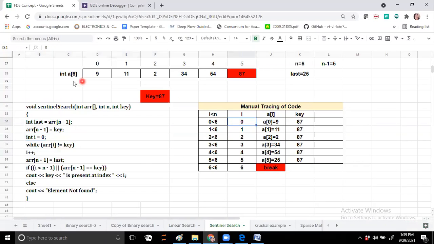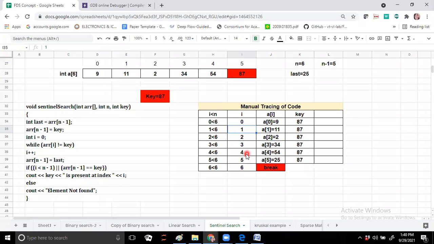So it will start with the 0 location. At the 0th location the element is 9. 9 is not equal to 87. I will increment by 1. At position 1, element 11 is there. 11 is not equal to 87. I will increment by 1, so it comes to 2. At a of 2 there is element 2, not equal to 87. I will increment to 3. 34 is there, 34 not equal to 87.